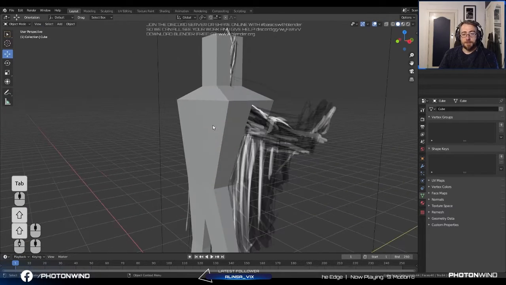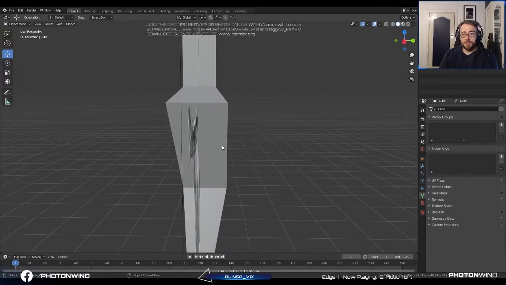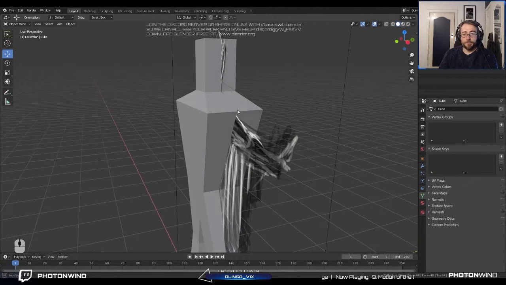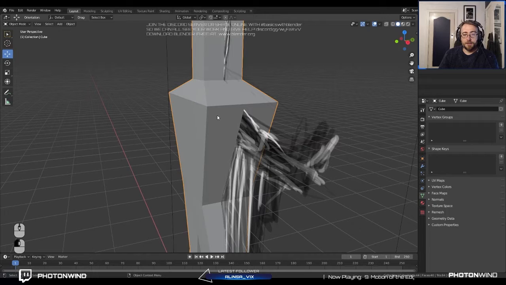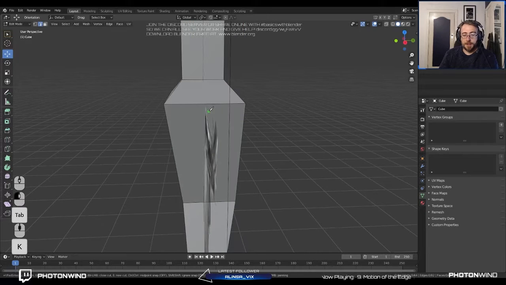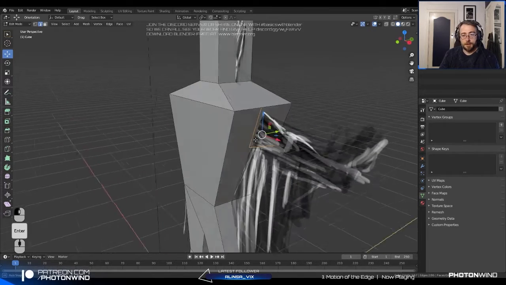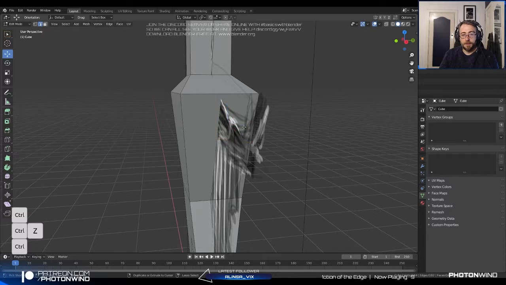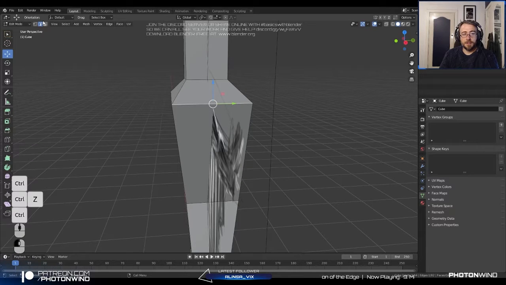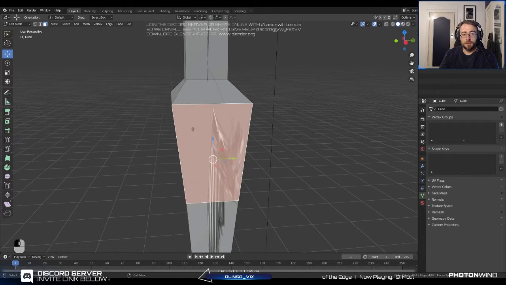So if you want to split a face, I'm going to actually do that now to make this arm. Basically two different ways. Press K to go into knife tool and select the edge you want to start with, and you can go down and click and down and click, and then if you press enter it will split out that. The other thing you can do is you can just select your face and either search in here for the